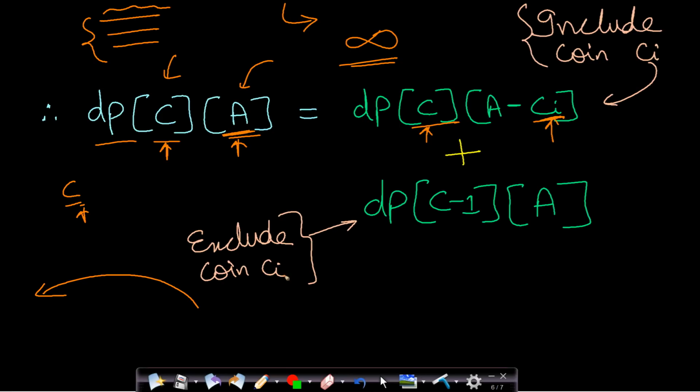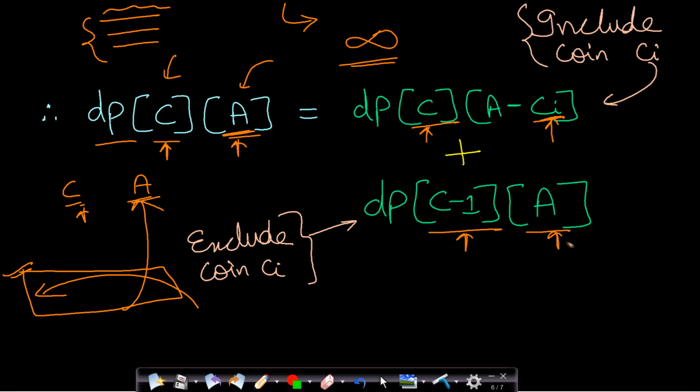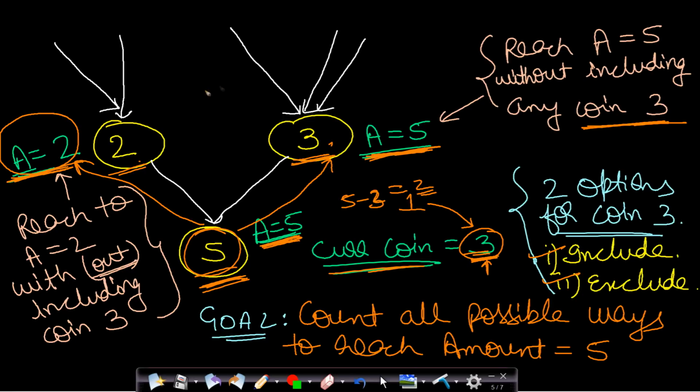Otherwise, if you exclude this coin altogether and you do not include any instance of this coin, then you will move up in the row, because you want to exclude this current row, which is indicating the current coin. You want to exclude all the instances of this coin, and you want to again find the same amount using one less coin. So you will have to move up by one row, and the amount to be found will still be the same. You will have to add these two values in order to find all possible combinations for this CA. This is the same concept as I explained here.